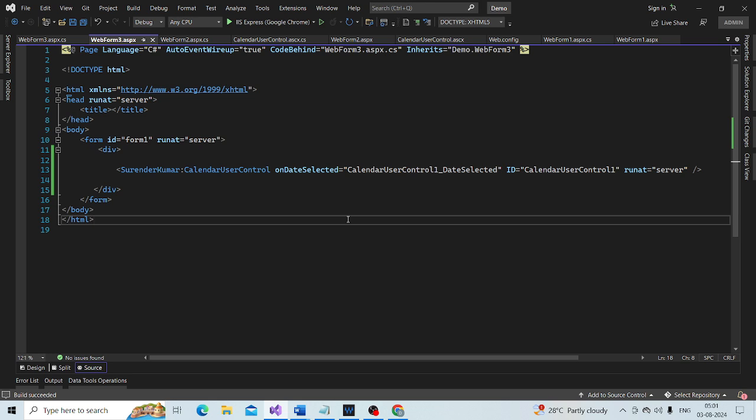I have an ID for that control here. But then if I have to load this dynamically at runtime, how do we do that? We are going to talk about that in the next video session.